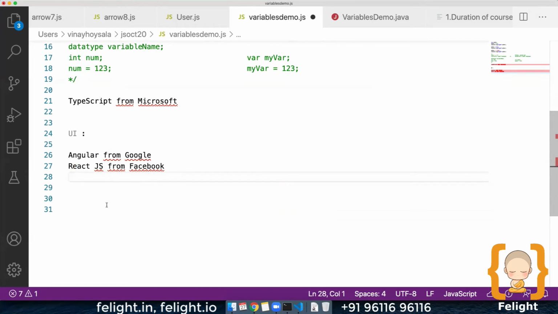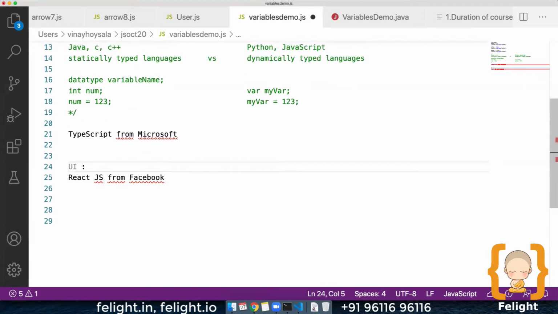So when you say both are equally good, since React.js is a lot better and faster compared to Angular, React.js has taken over Angular in the recent market trends. All right, so we will not be studying Angular. Instead of that, we'll be studying React.js.